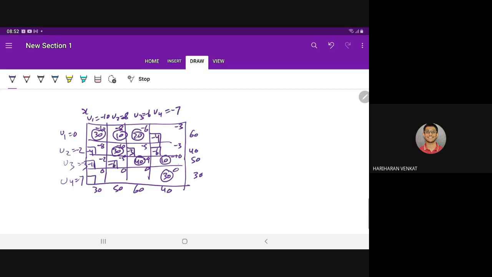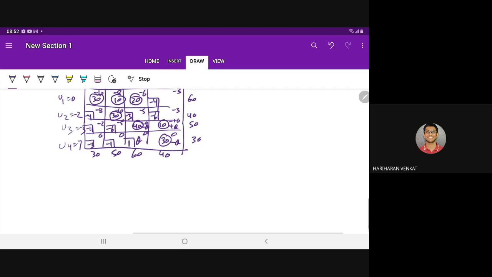Here we have the 7, minus 3, that is the minus 3. Here we have the 7, minus 8, minus 1. Here we have the 7, minus 6, that is the 1. So again it is not optimal. Here you have to allocate the theta. So as you allocate the theta here, you have to do the minus theta, plus theta, minus theta. So that value of the theta can be the 30.